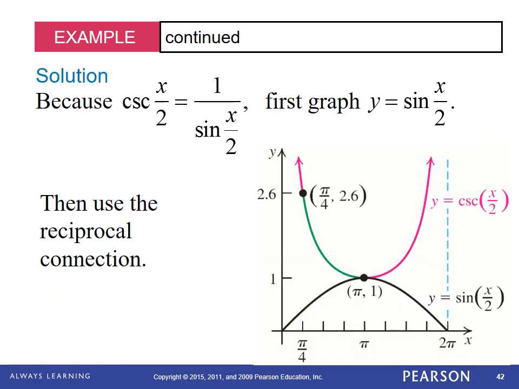Okay, so what do we have here? We have cosecant of x over 2 is equal to, again, this is going to be, we like these better. And so what we'll do is we graph a sine of x over 2. And if we do that, notice it's our angle measurement right over here, right? It's the multiplier to our